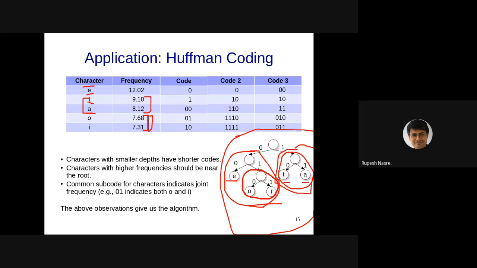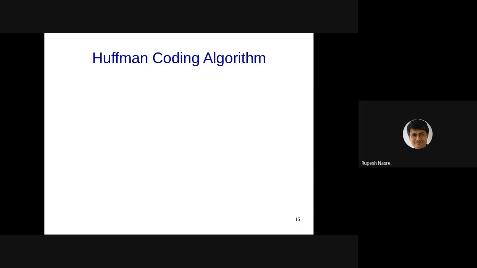That is essentially the code, the tree, the Huffman tree. How do I get the code out of this tree? Well, you just give 0 and 1 arbitrarily, and that is going to give you the corresponding Huffman code. There are theoretical guarantees on this, which we'll skip, but this turns out to be the code which gives us the optimal answer. So let's understand that algorithm.